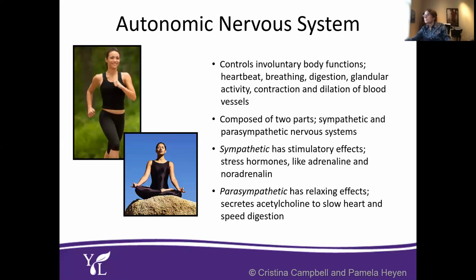The autonomic nervous system is composed of two parts, the sympathetic and the parasympathetic nervous systems. The sympathetic has stimulatory effects. It sends out stress hormones like adrenaline and noradrenaline, whereas the parasympathetic has relaxing effects. So this sympathetic nervous system pumps out that adrenaline and puts you in that fight or flight